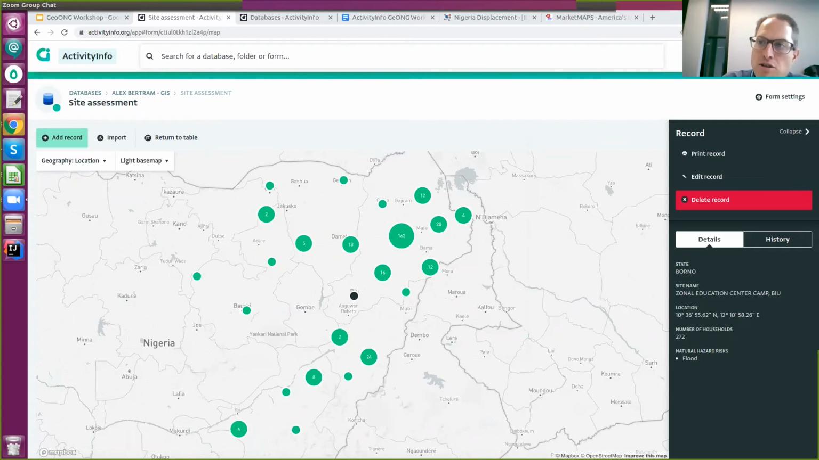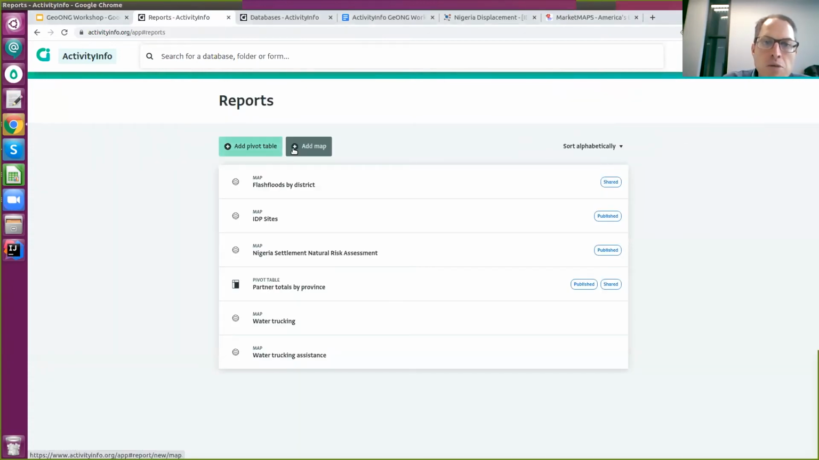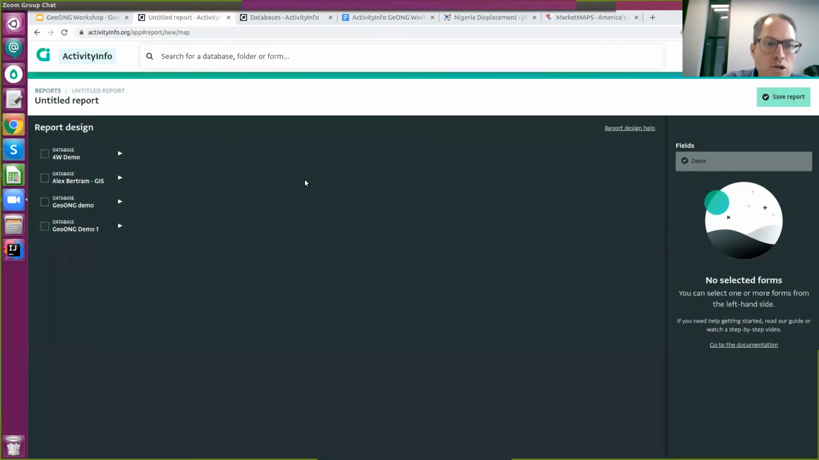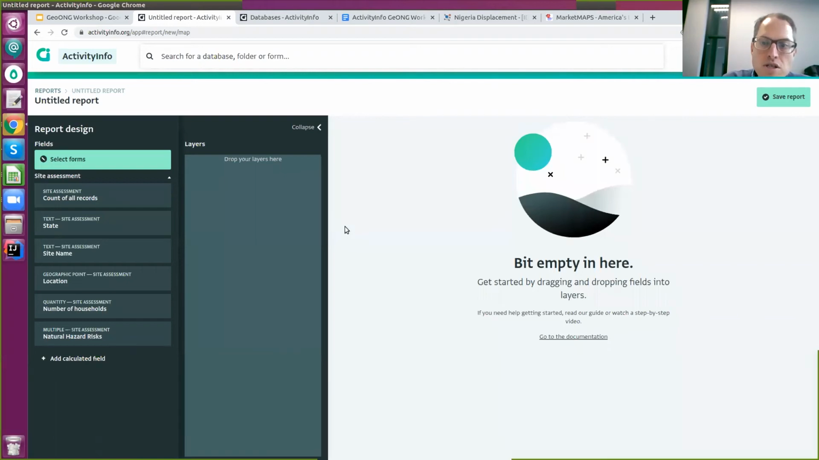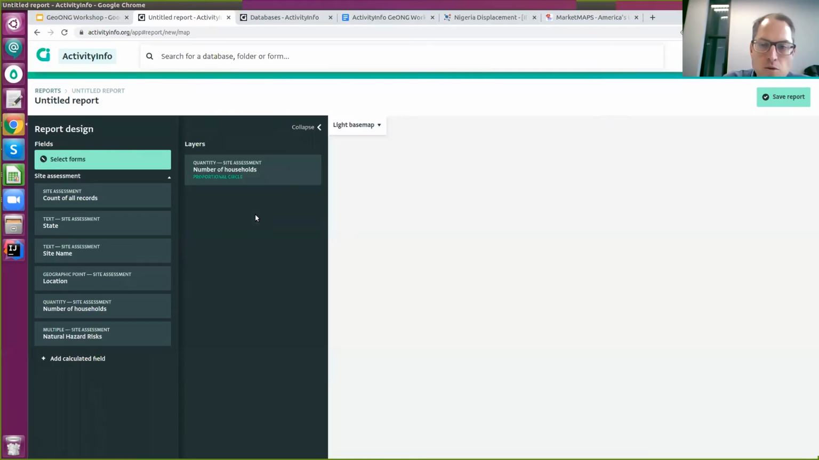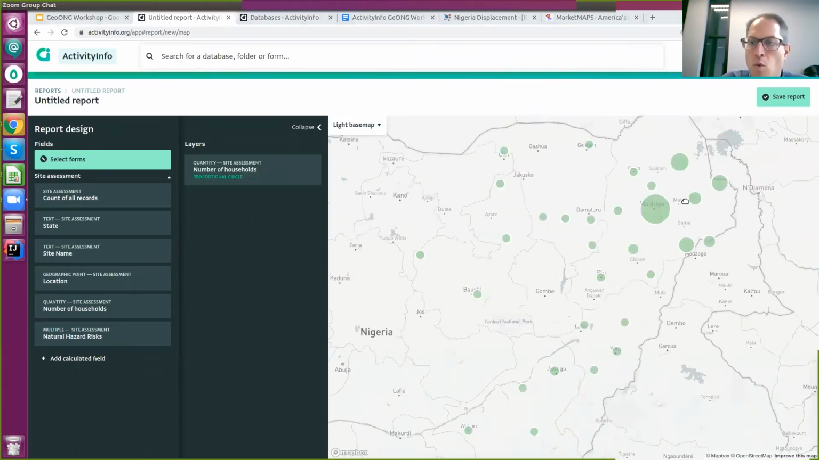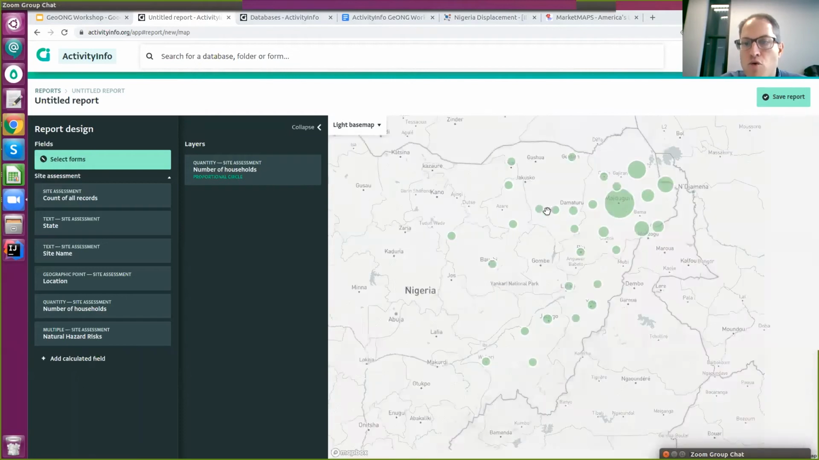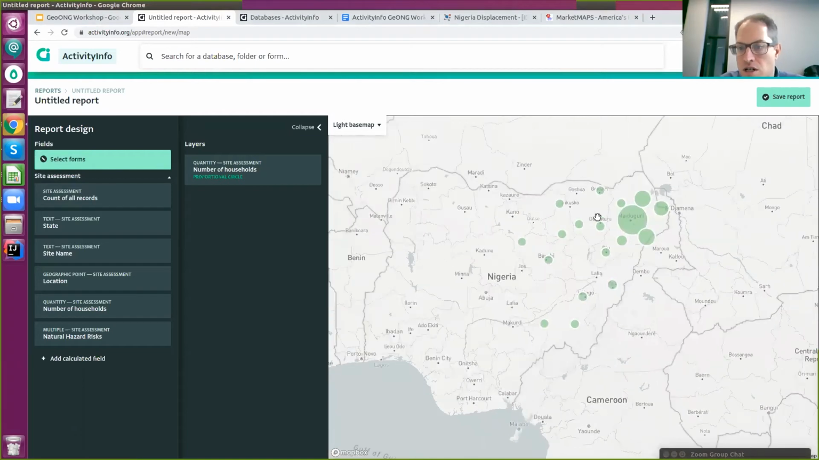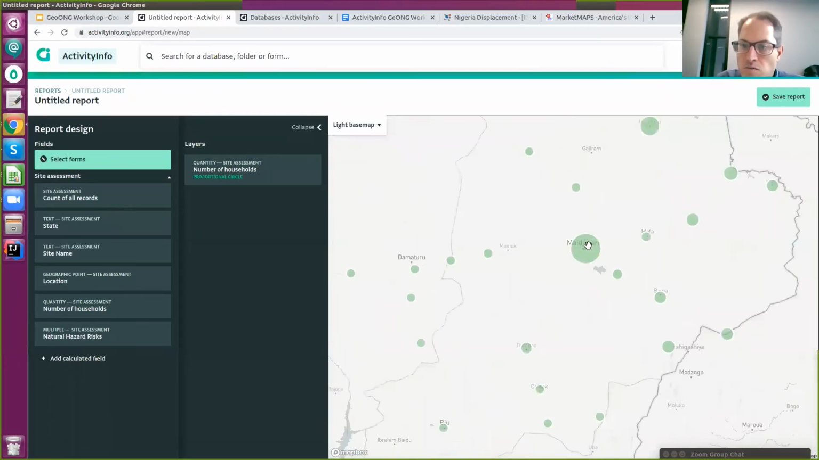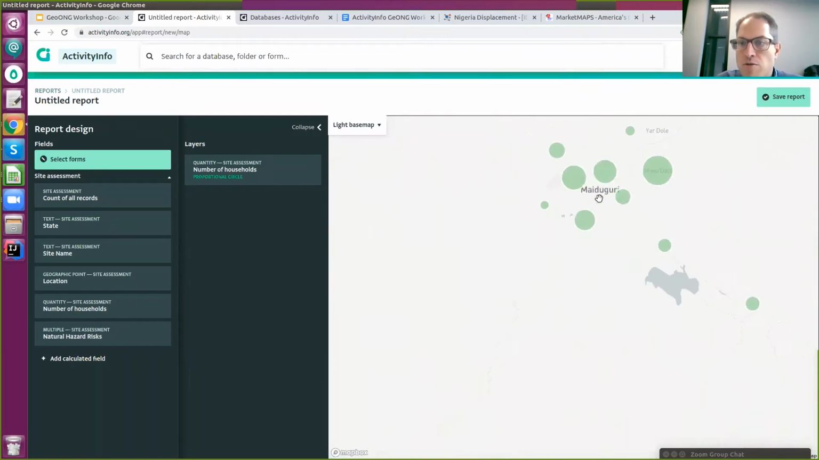We're going to go back to the reports section, and I'm going to add another map. And again, once more, I'll choose the data. So this is the site assessment data. And the first thing is I'm just going to add the number of households as a proportional circle layer, just so we can see where everybody is, or where these camps are. So you can see these camps are spread out through the eastern half of Nigeria, concentrated in the far east here. You can drill down and see that the largest camps are in this urban center